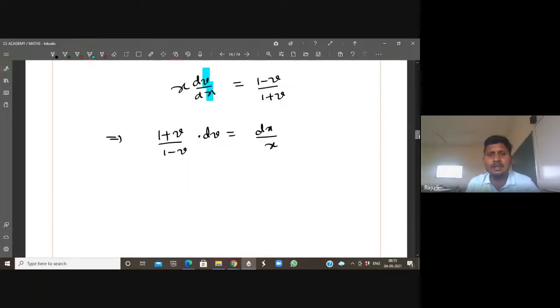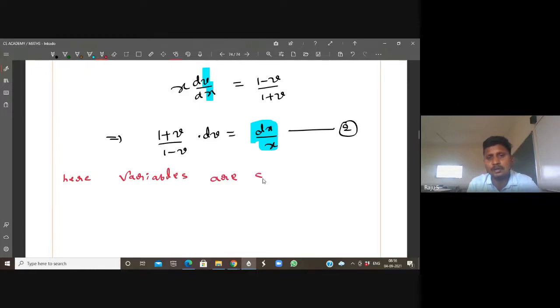And second point is that we'll get dx by x alone in RHS in all the questions. All the questions. Now I'm going to take, this is equation 2. Students, I'm explaining very clearly. Here, variables are separable or not? We separated v variable one side, x variable another side now. Then the solution of equation 2 is given by,